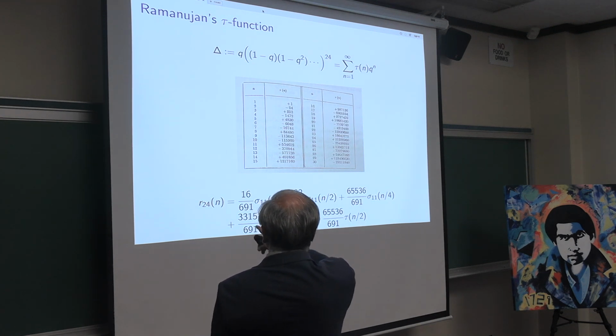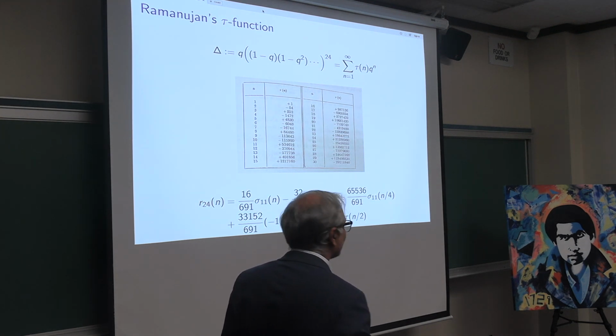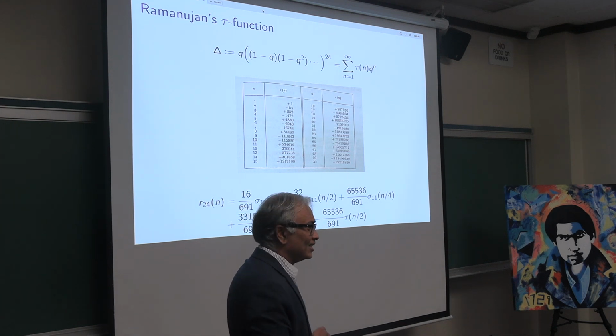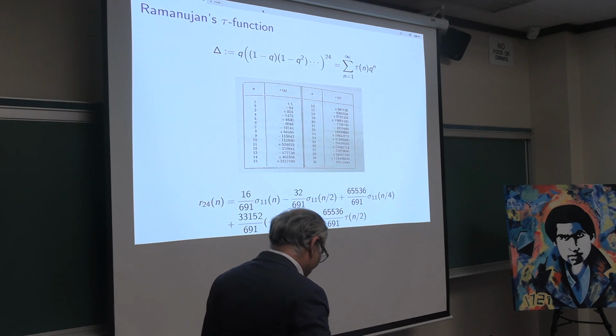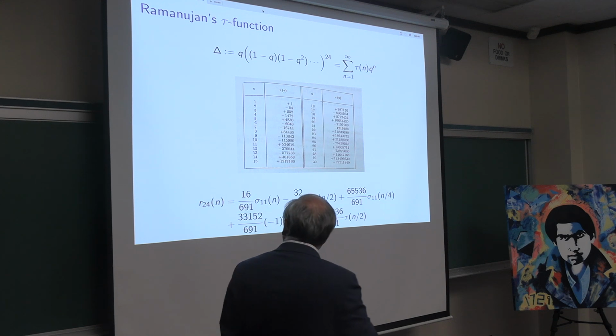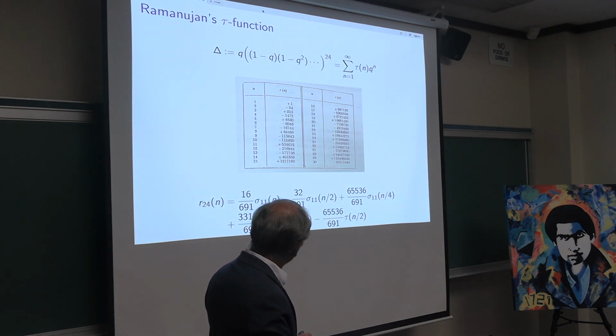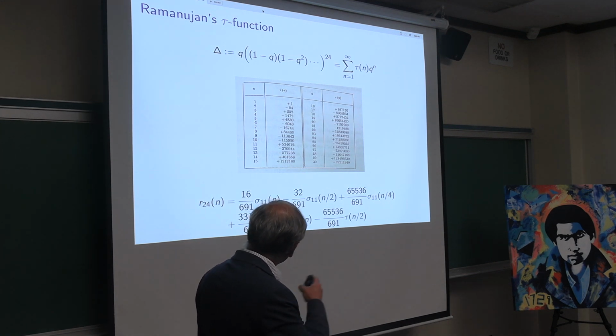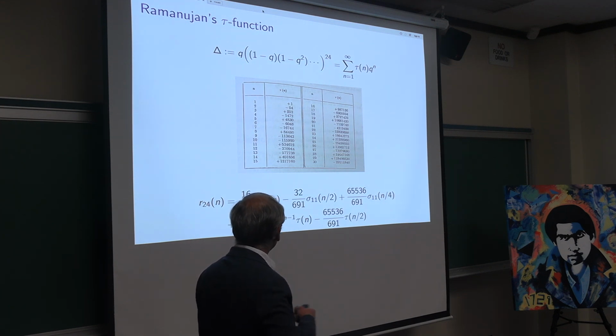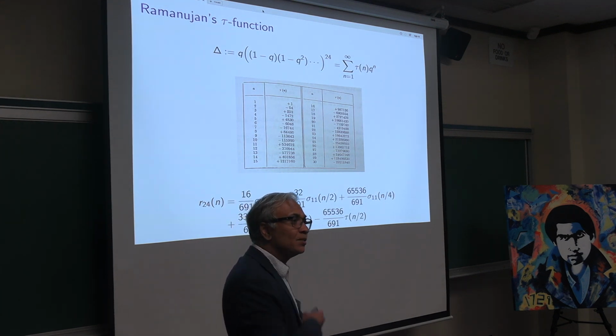And Ramanujan looks at the number of ways of writing an integer as a sum of 24 squares. So he did think about all other cases as well. And then when you think of the number of ways of writing an integer as a sum of 24 squares, he finds that there is a formula for it. There is one part of it which is, in some ways, an easy thing to understand. That's this function sigma 11.